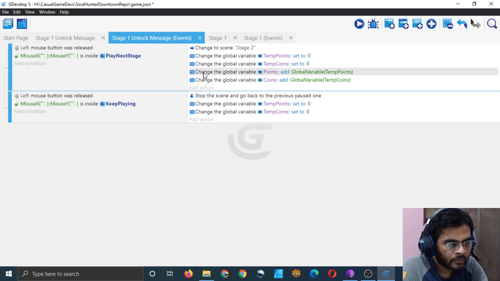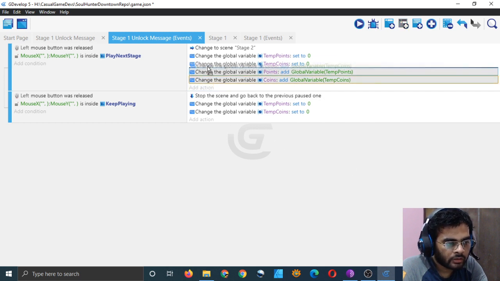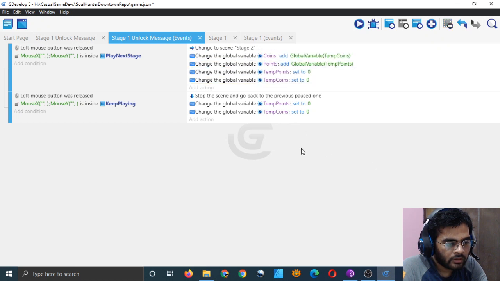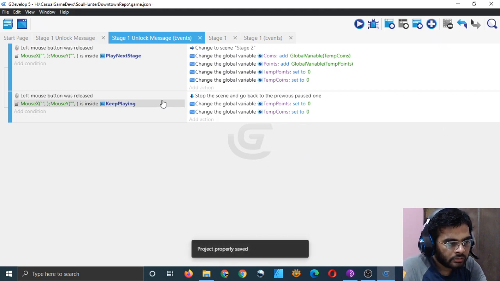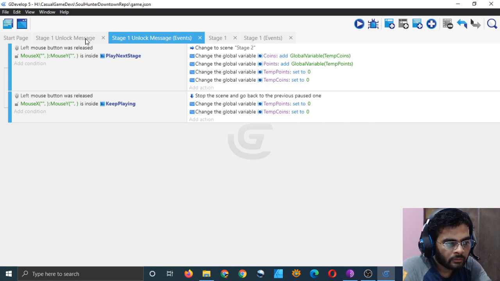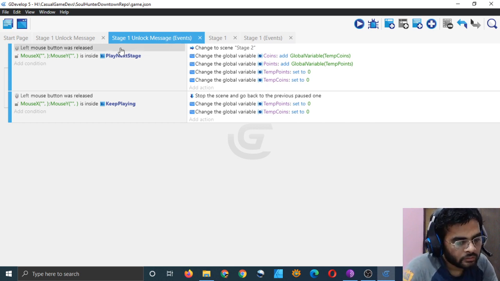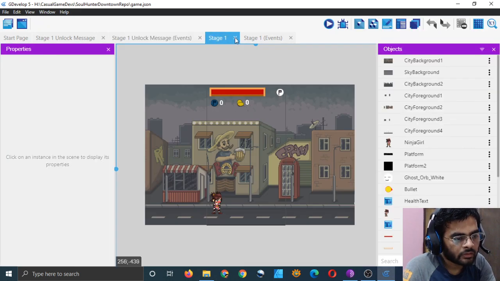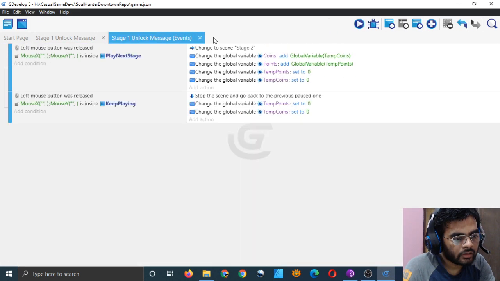Okay, and just shift select both and drag them above so that the coins and points are updated before we set the temporary ones to 0. That's what should happen. That was one bug which was there and I remembered it today, so I fixed it today only. So let's close these and just test out our